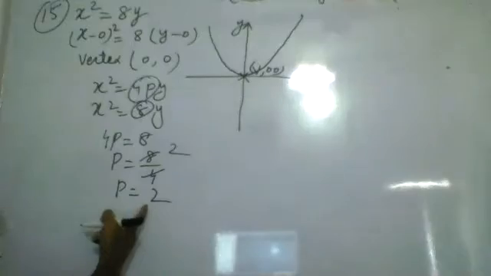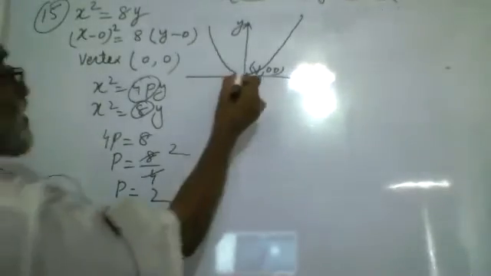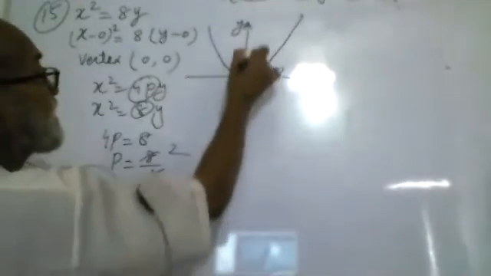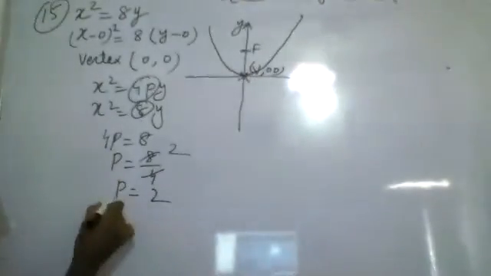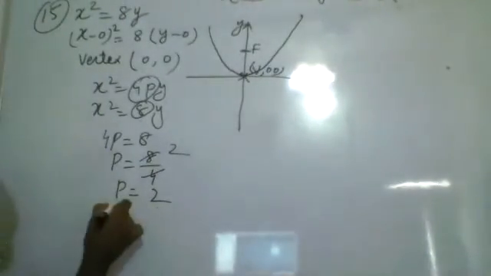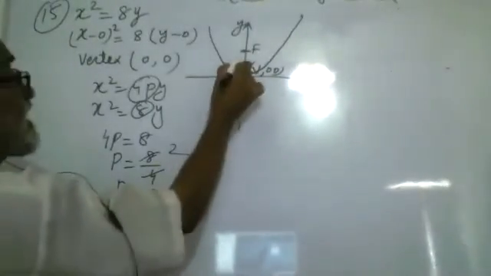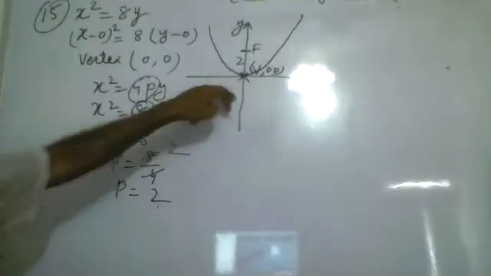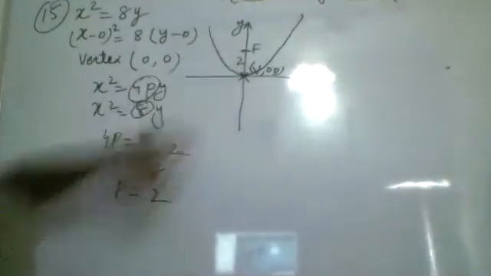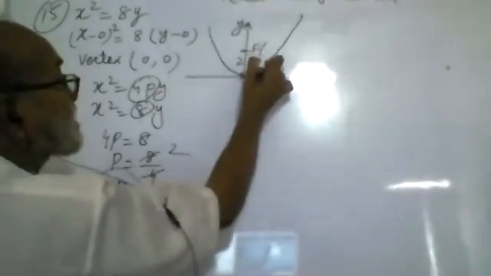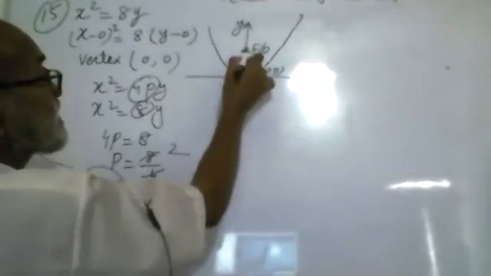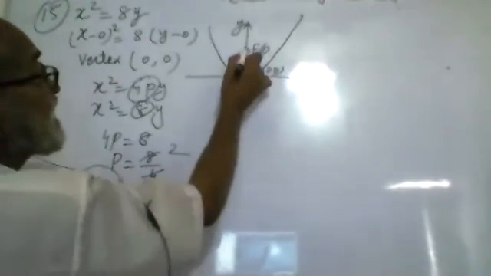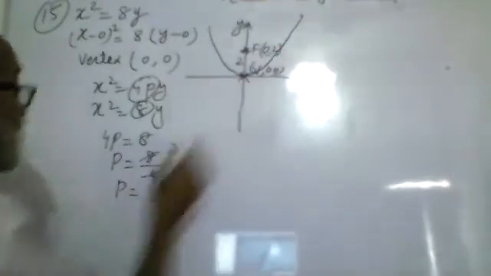Now what is the value of p? 2. p is the distance from the focus to the vertex. So what distance did p come to? 2. So this distance is 2, from the vertex to the focus. What will be the coordinates of the focus? x will be 0, and y will be the distance from here to here, 2. So the focus will be equal to